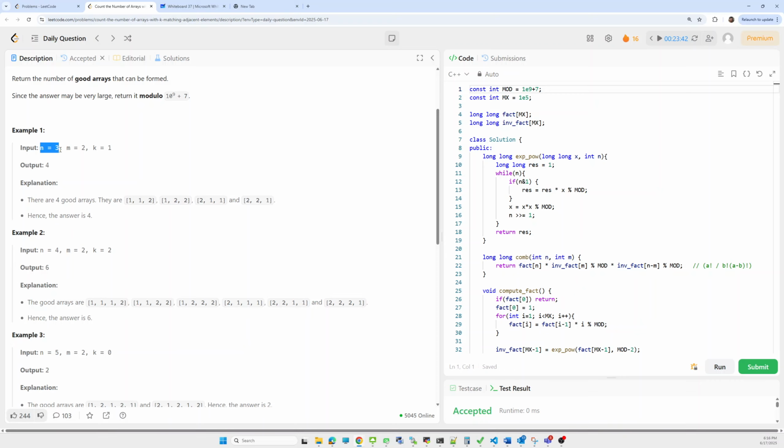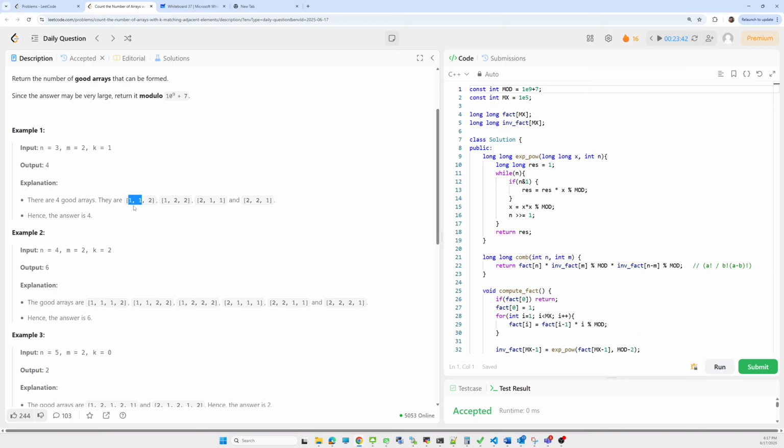Just to visualize the problem statement, let's look at some examples. The size of the array is 3 and the value of m is 2, so we only have the values 1 and 2. In that array, we need at least one matching adjacent pair.